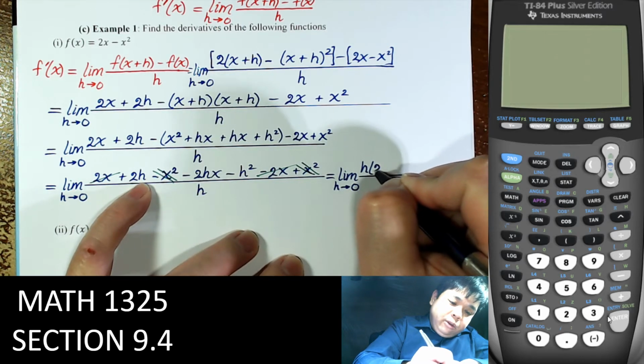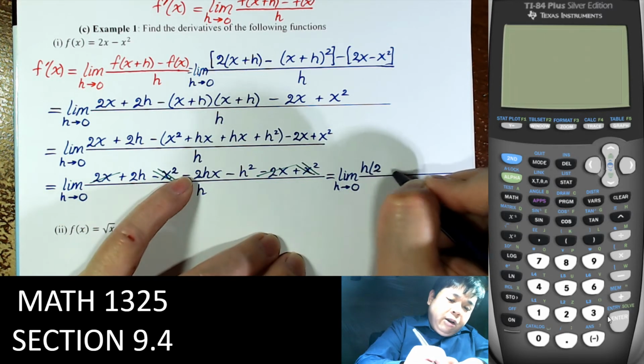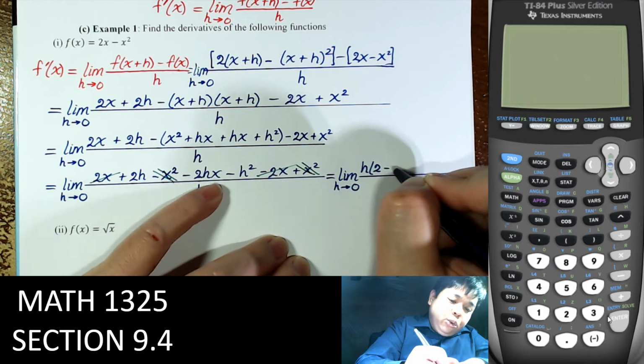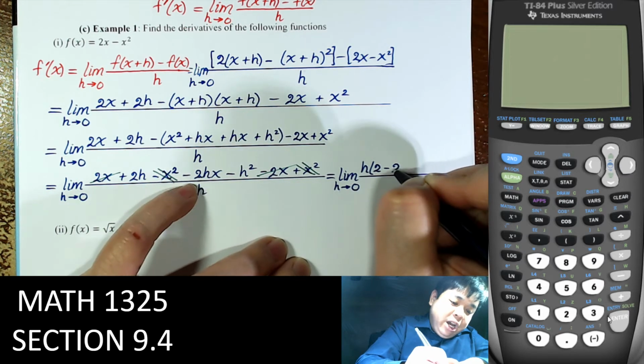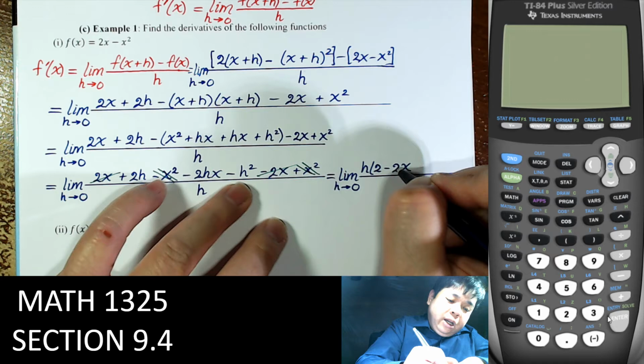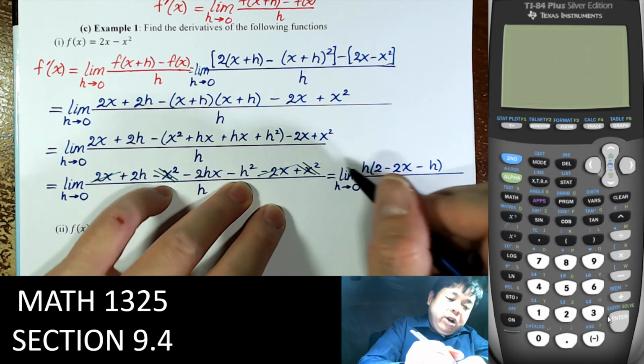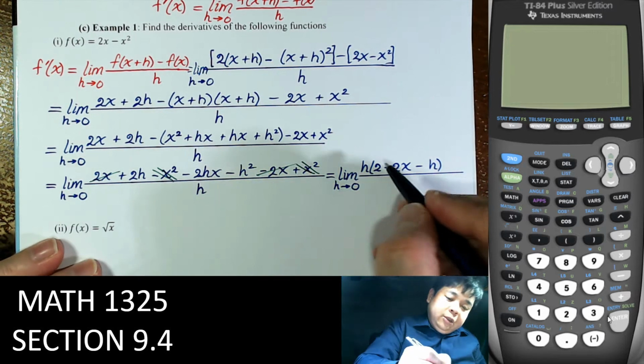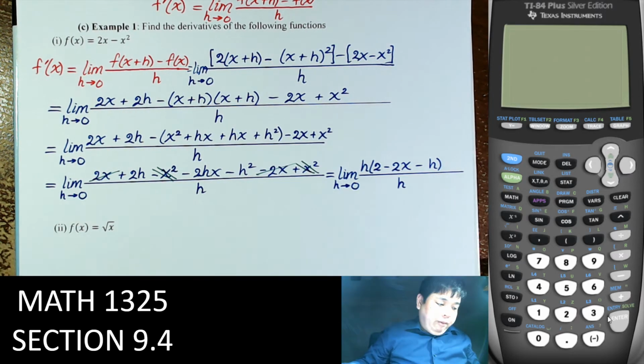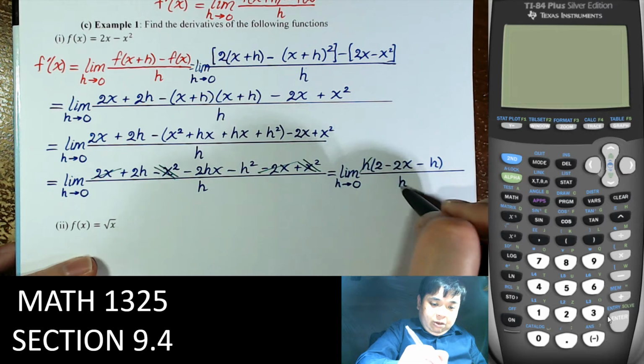So we have 2 minus 2x because we factor out the h, and factor out 1h, the h squared, factor out 1h over h,